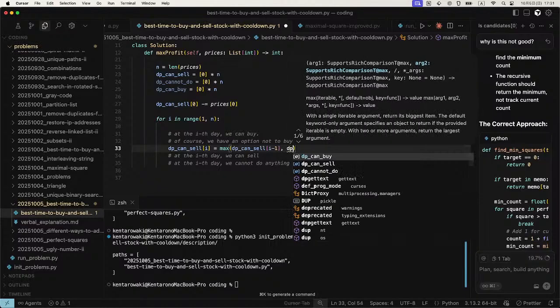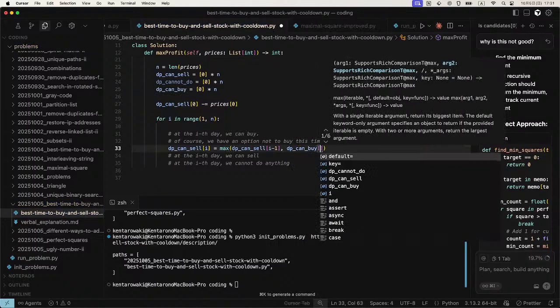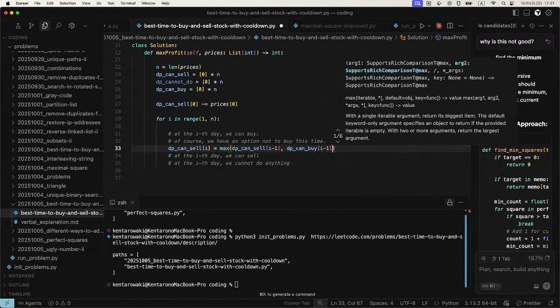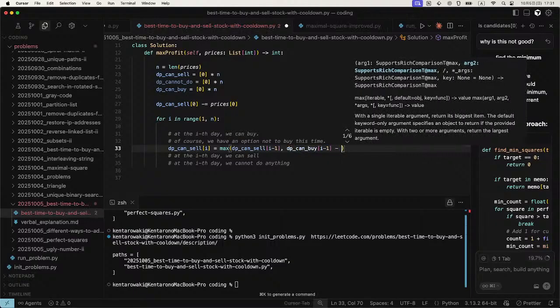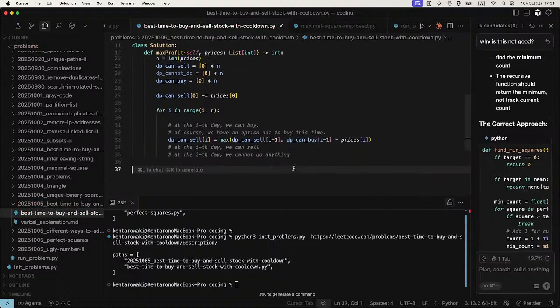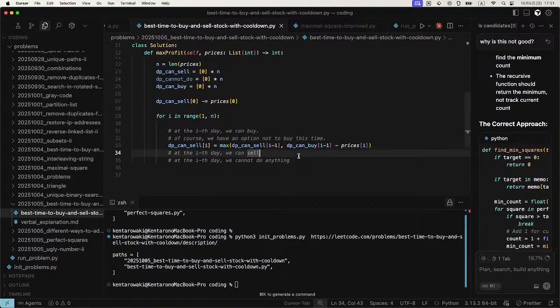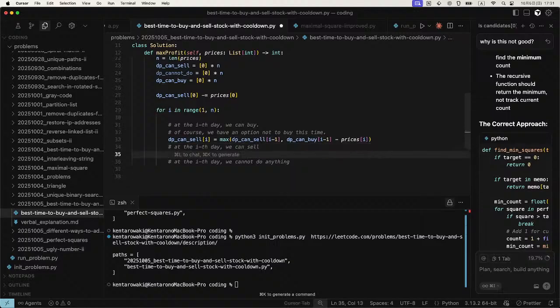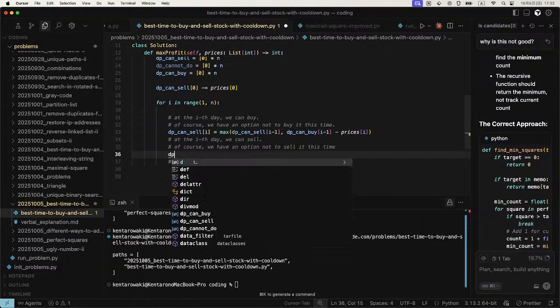So DP can buy minus 1 and pay for stock, right? And we can sell, and of course we have an option not to sell this time. That is DP can